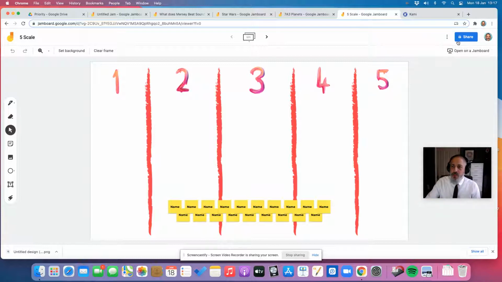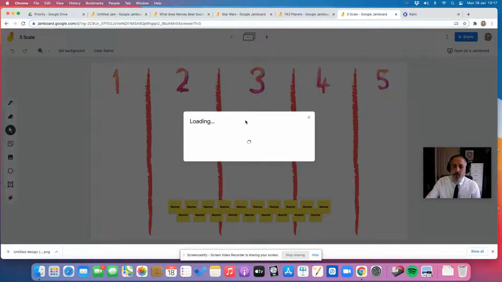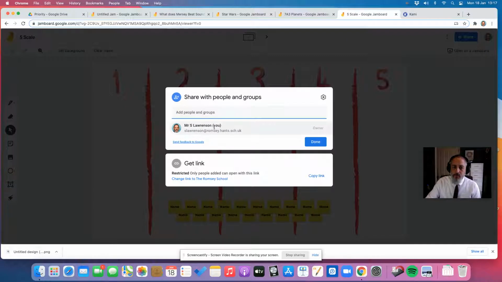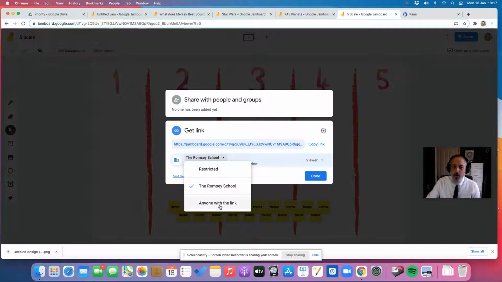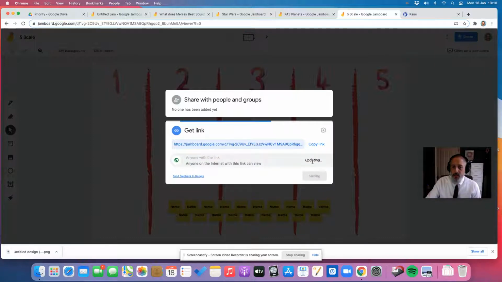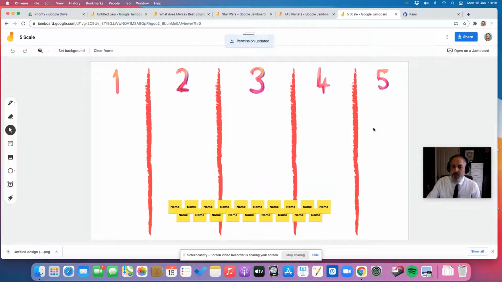So I would share this with pupils. So make sure that I have clicked on anyone in this group or anyone with the link to be able to edit. Otherwise they won't have access to it. And then all I will do is say to the pupils, okay,